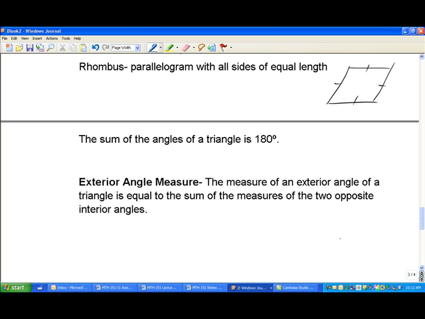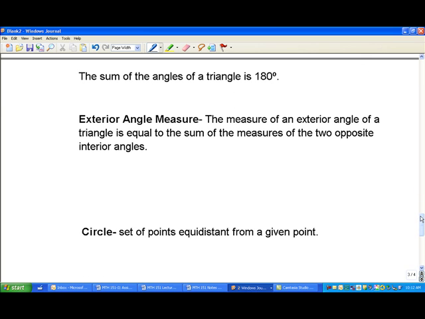The sum of the angles of a triangle is 180 degrees. We mentioned that earlier. And finally, let me get my picture here so I